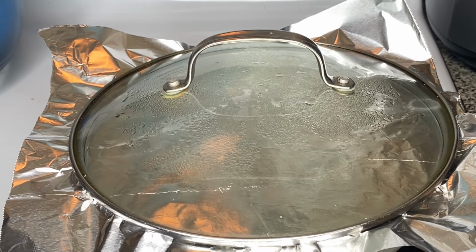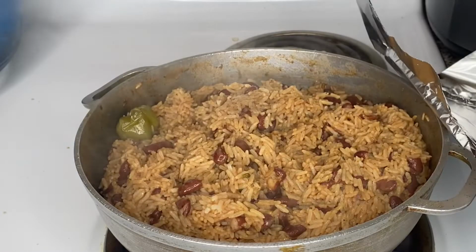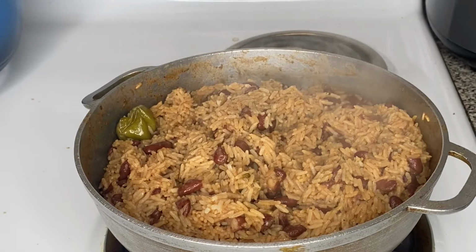Let it cook for 30 minutes straight. Don't go check. Leave it. After 30 minutes, you can uncover it. And baby, you're going to look just like this. And you're going to have the